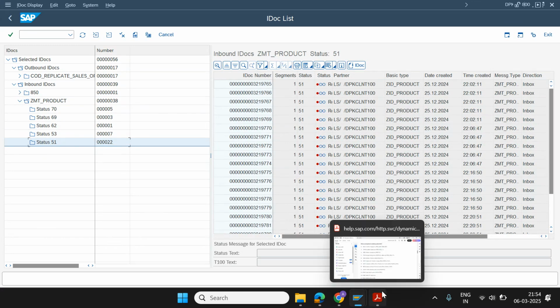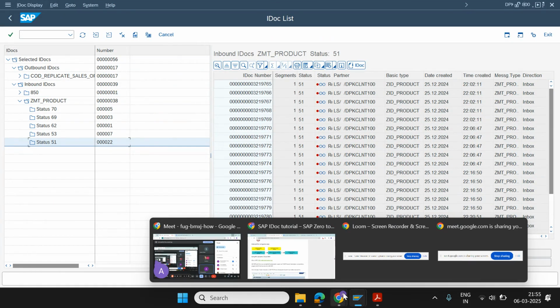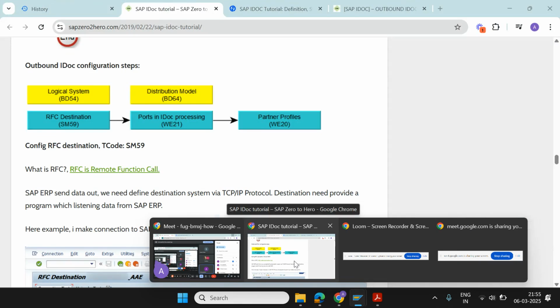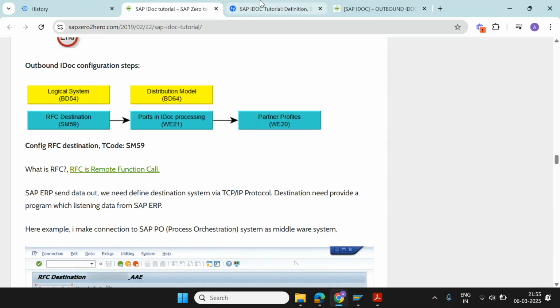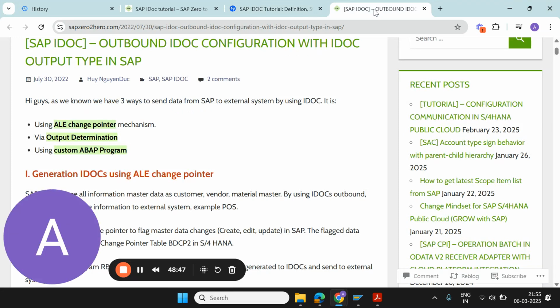So inbound flow, you guys understood, right? Any doubt in this flow or in these steps? Yeah, if we don't have, then we'll go to outbound flow. So for outbound, we can